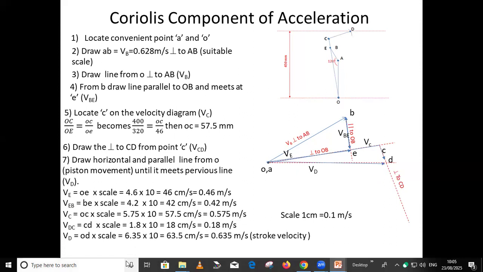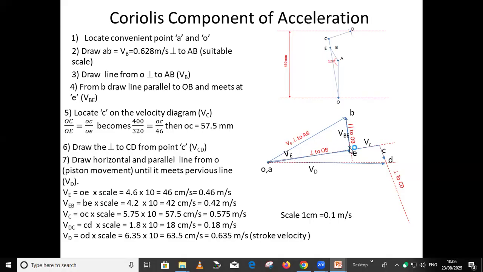So we have the velocity of D as 6.35 into 10, that is 63. The scale is 1 centimeter equal to 0.1 meter per second, or you can say 10 centimeters. So 6.35 into 10 is 63.5 centimeter per second, or 0.635 meter per second. By this, we can measure the velocity of the slider, and we have all these velocities for all the